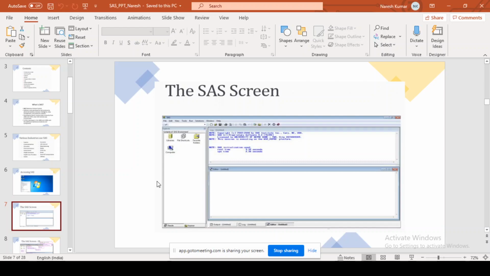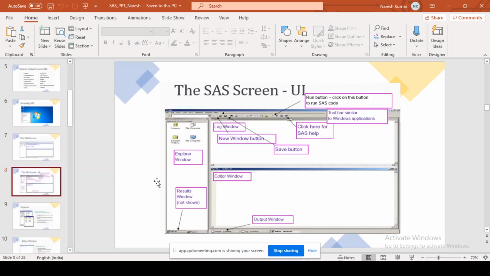Here we used to have different SAS windows: the Editor window, Log window, Output window, Explorer window, and Results window. If you see the complete holistic view of the SAS screen, this was the Explorer window, where we had all the library sections, and then the Results window.